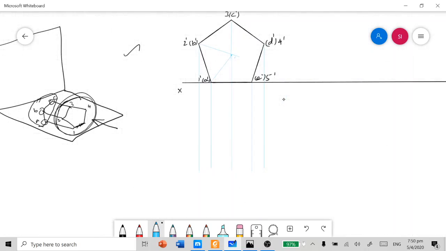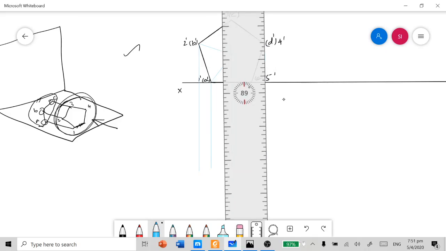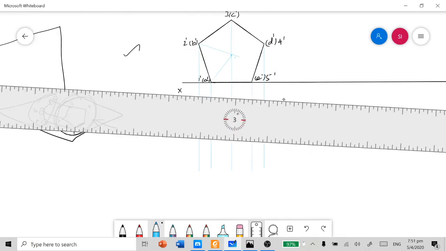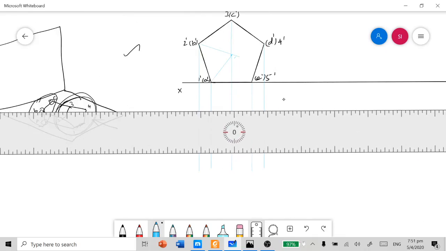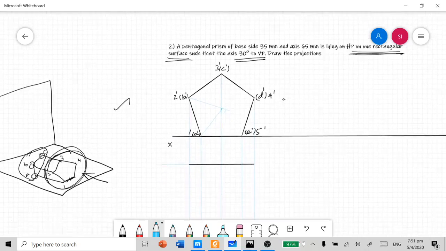Now it's time to draw the lateral view of the solid in the top view area. I can start the solid from this range, a little below the XY line, and the axis height of the solid given in this problem is 65 mm.